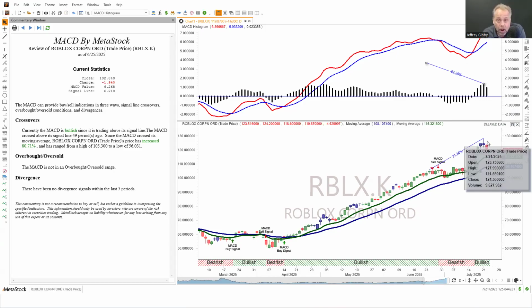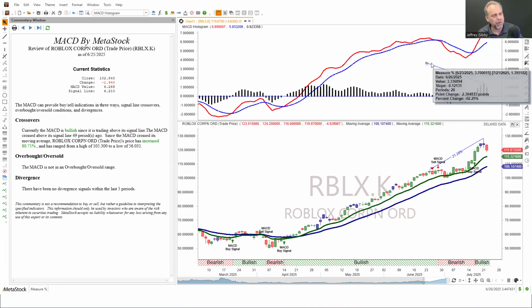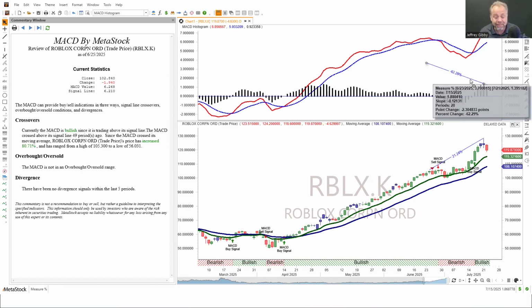We're looking for the price. I'm being careful about the way I word this, just so I word it properly. We're looking for a price to set a new high that is not supported by MACD. Okay, so if we had something that was looking more like this, we would say there's a divergence between those two indicators. We're getting a new high in price, but MACD does not support that high in price. That's not what is happening on this chart.